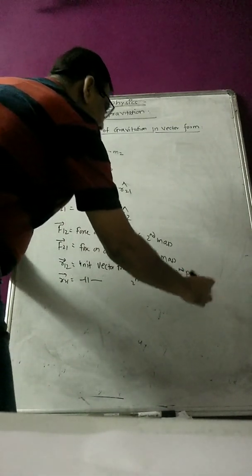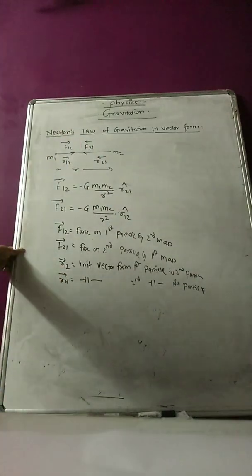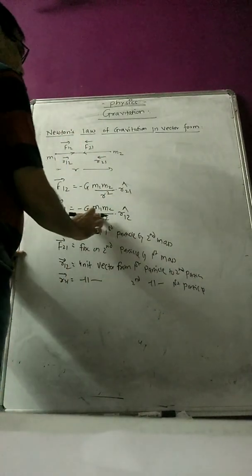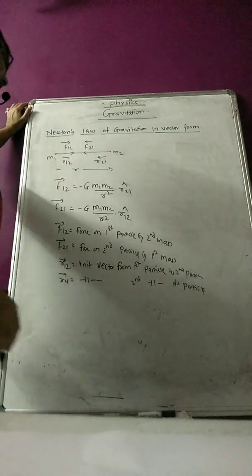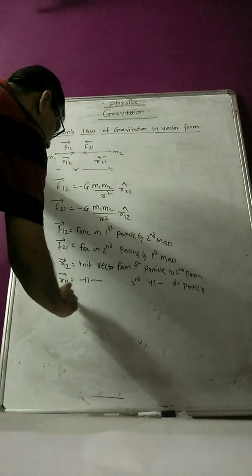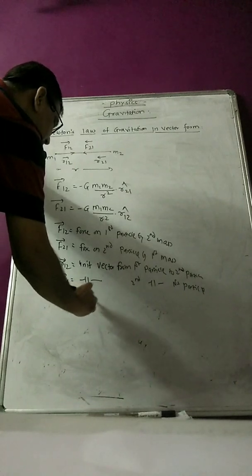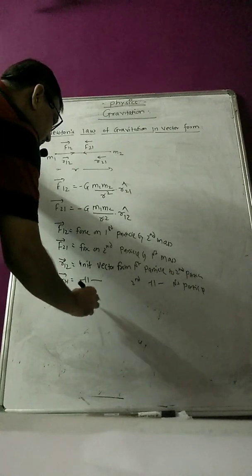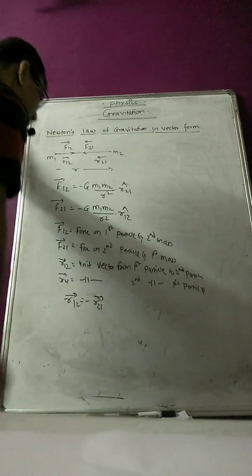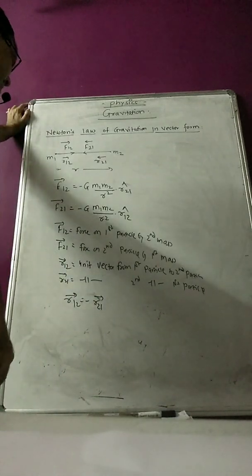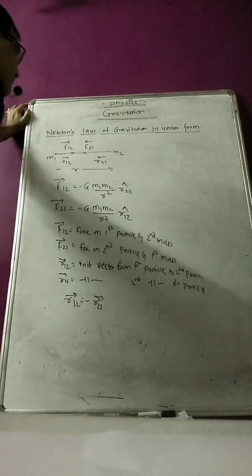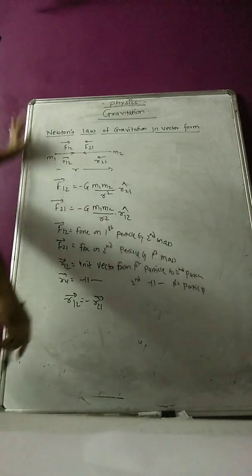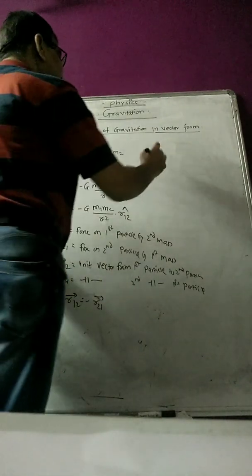If you observe r21 and r12, they are equal in magnitude but opposite in direction. Therefore r12 is equal to minus r21. Using r12 equal to minus r21, these equations will become, so F12 I will write down here,